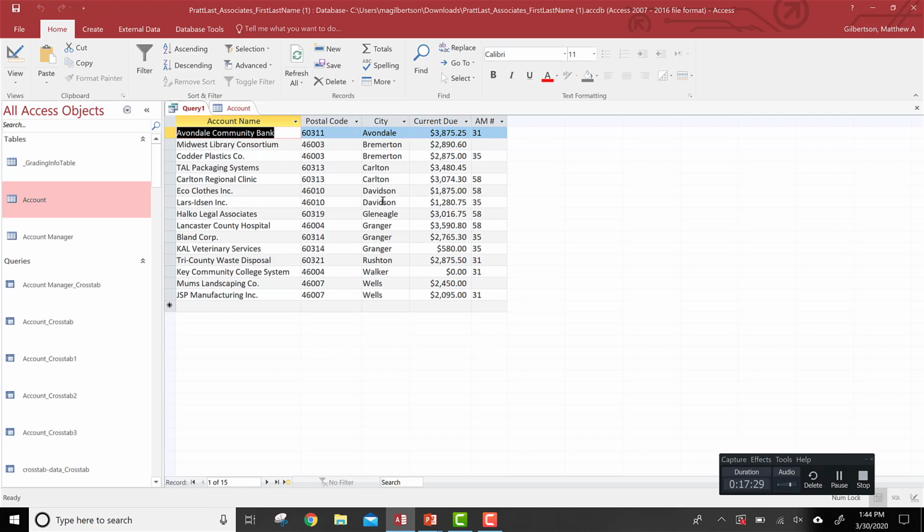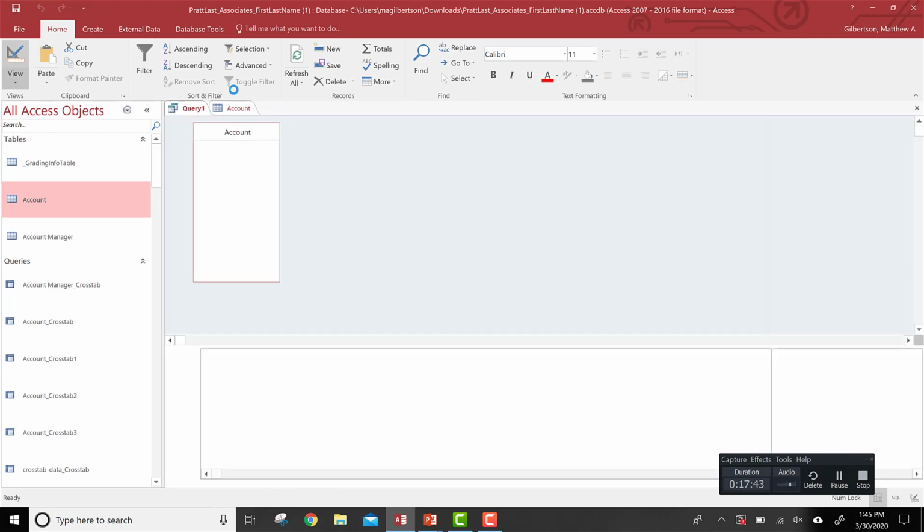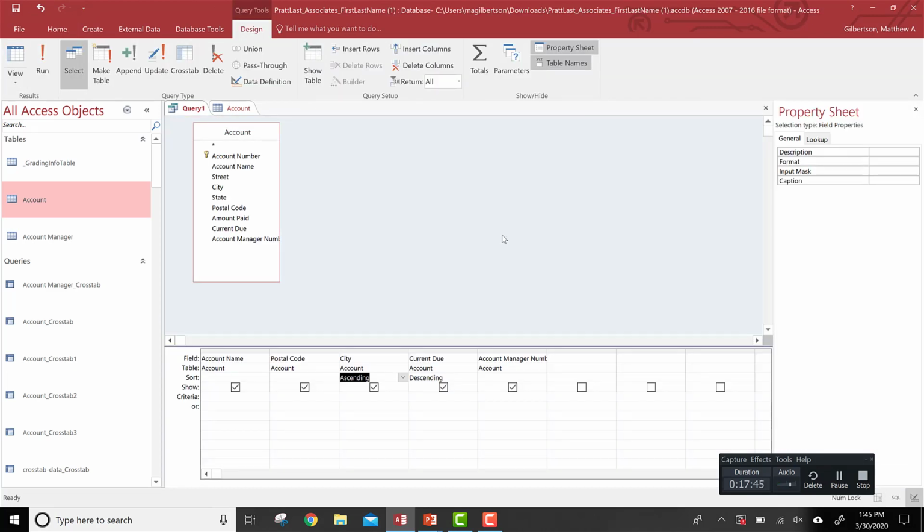There's a couple of ways if I wanted to sort it the other way around, but show it this way. First of all, if I wanted to just see current due first, I could just move current due to the left of city, but sometimes that doesn't make sense because you want to see things in a specific order. You can actually kind of mess with it a little bit here. If I wanted to, let's say, sort first by current due, and then by city, which really wouldn't make sense, you can actually put two copies of the same field into the results. So if I go ahead and put,